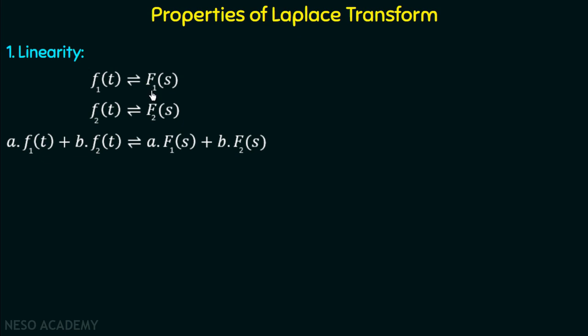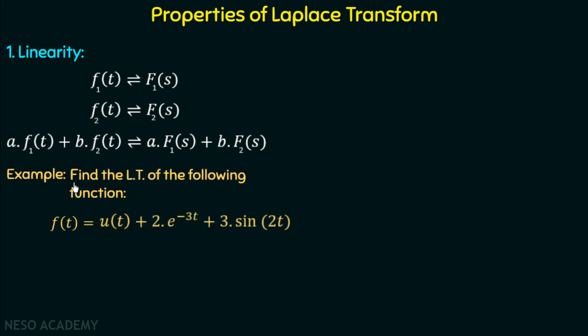Now, according to the superposition principle, if we add these two functions in this way, their Laplace transforms will also be added in the same way. So combining the homogeneity principle and the superposition principle, if we multiply some constants in the time domain and add these two functions, their Laplace transforms will also be multiplied with the same constants and will be added in the same way. Let us take one example to understand the linearity property in a better manner, and the example is given as: